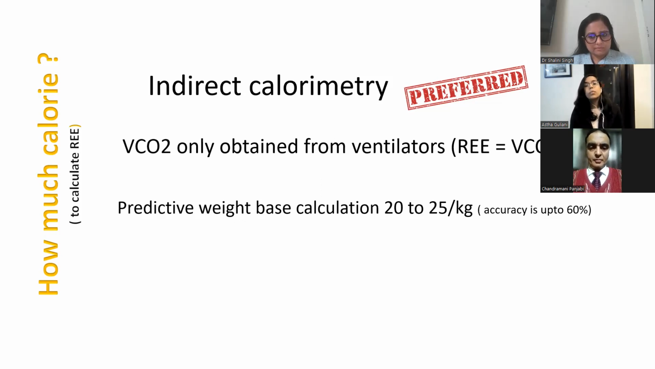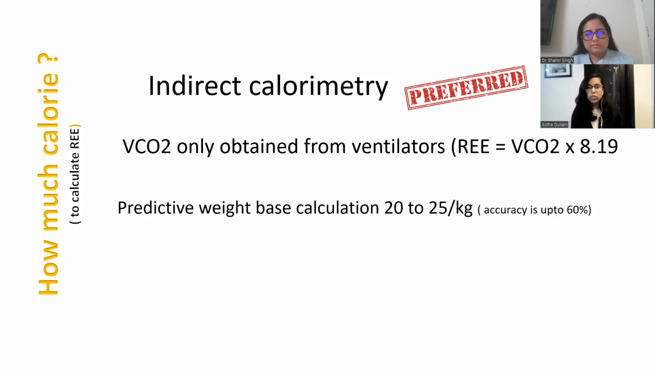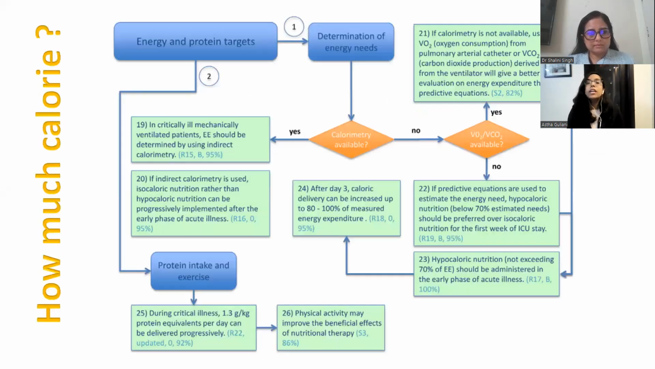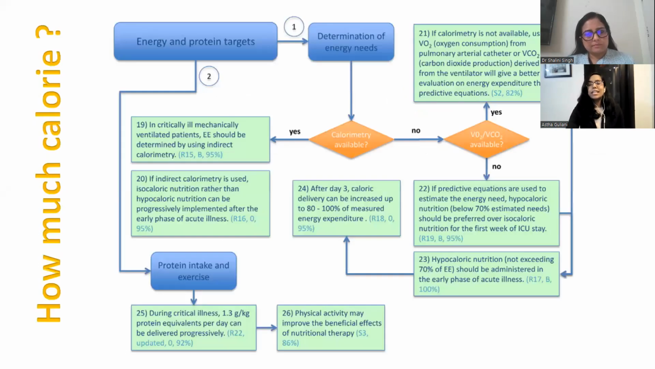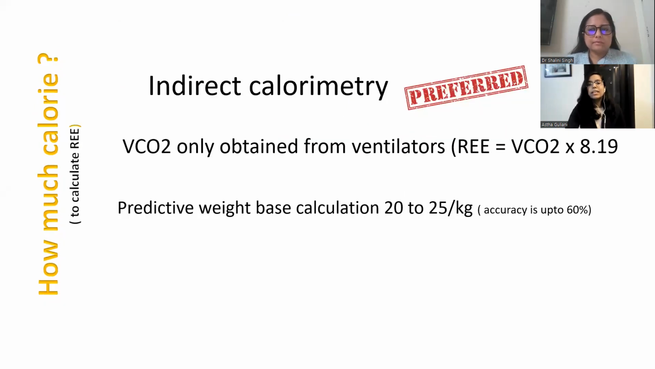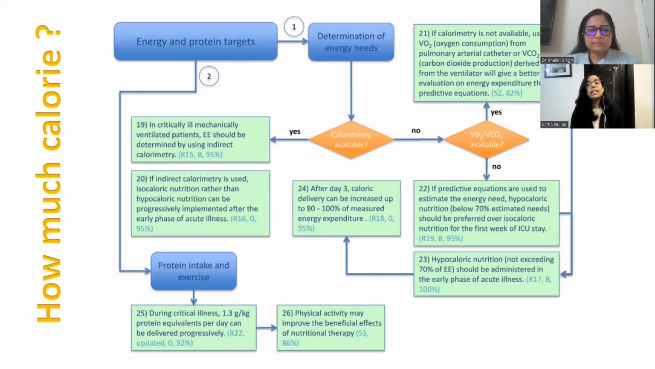So in that case, we can go for predictive weight-based calculation, where we multiply the body weight of the patient with 20 to 25. It has less accuracy, only about 60%, but this is the one that can be performed at bedside and is easier to perform. So whenever we need to give calories to a patient, if we are going for the accurate method of calculation, that is indirect calorimetry, in this case, we can start with full dose enteral nutrition since day one because it's the accurate measurement. However, if we are going for the alternate method, that is predictive weight-based calculation, in this case, we need to start